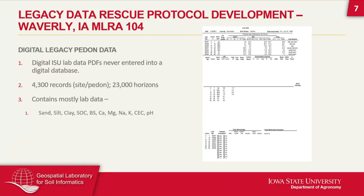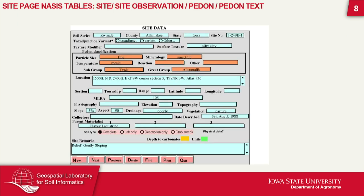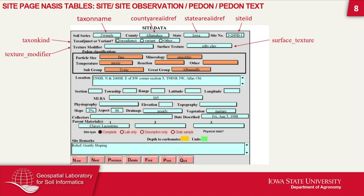So right now we're just working with a pretty big data set that we got from Waverly MLRA 104. It's actually a lot of lab data from Iowa State. There's over 4,000 records in there that haven't been entered into any form of a database. They're just in PDFs. But it's mostly lab data, so it's not succinct. It's not a complete matchup with the NRCS format. It's mainly its own database, so we're kind of working with how we're going to format that. But you'll typically have some kind of site